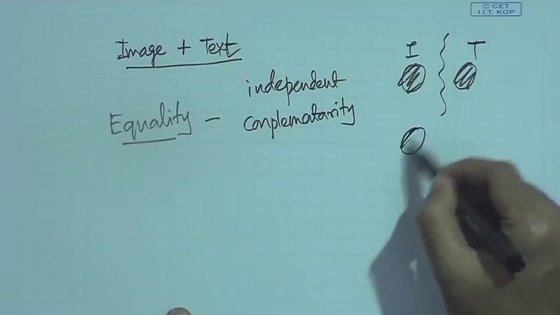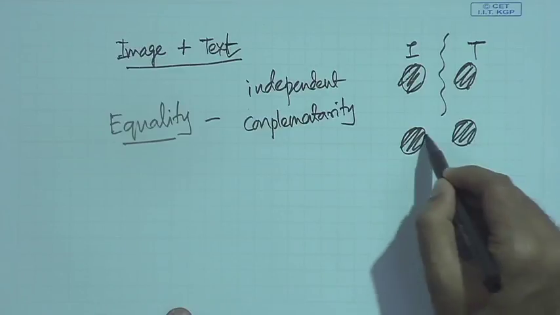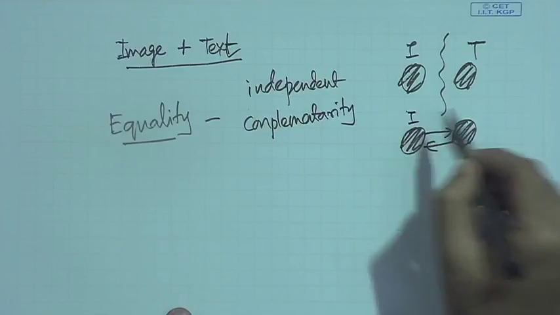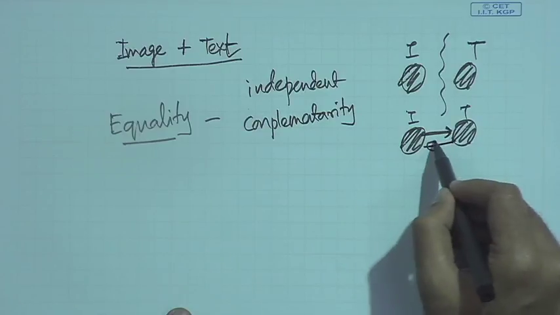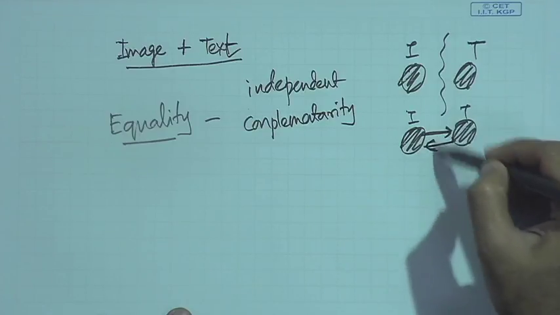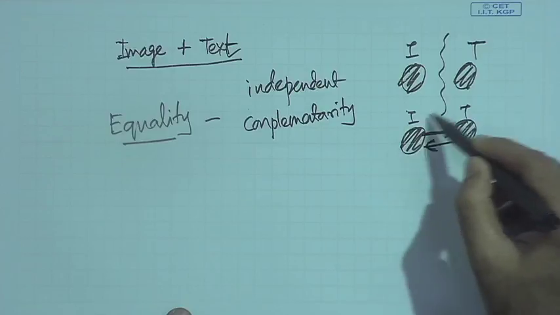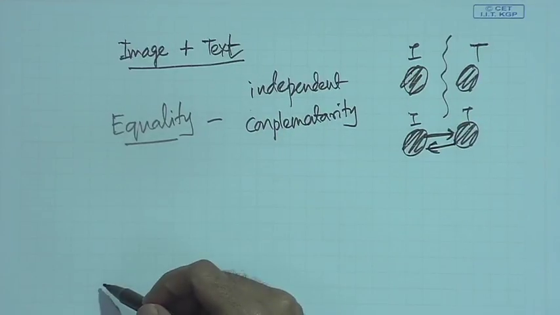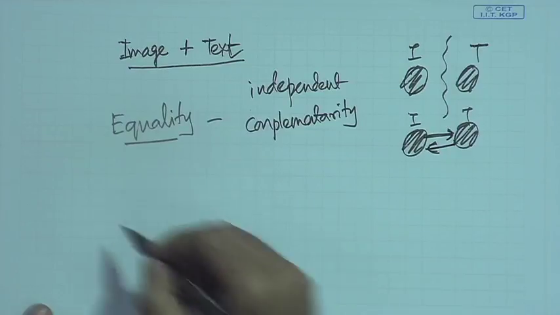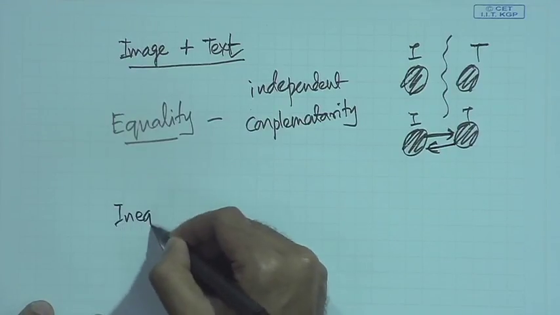So, when the image and text complement each other. If this is an image and this is the text, this complements the image and this complements the text, there is a dependency, but there is a sense of complementing each other, then we achieve equality. Whereas, inequality,